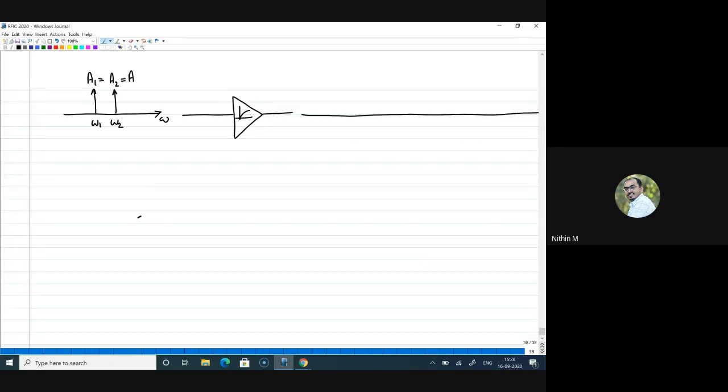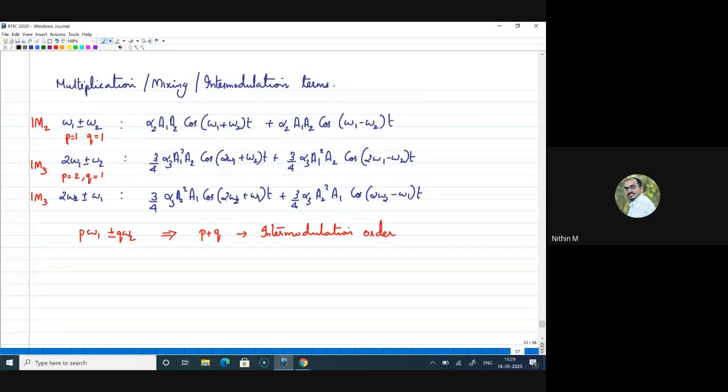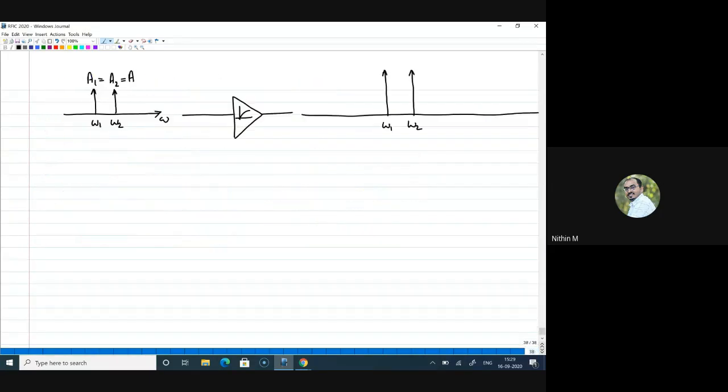Before drawing the intermodulation terms, first let me draw the terms at omega 1 and omega 2. I am drawing it a little amplified because if this is an amplifier, omega 1 and omega 2 will have a larger amplitude, right? Along with this omega 1 and omega 2, we will have the products omega 1 plus or minus omega 2, 2 omega 1 plus or minus omega 2, and 2 omega 2 plus or minus omega 1. So all the products can be arranged here. Now I'll just give one example here.